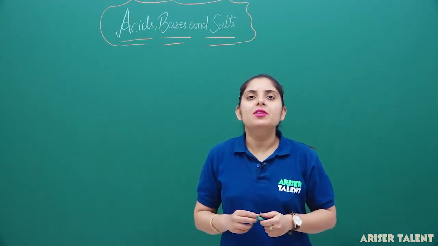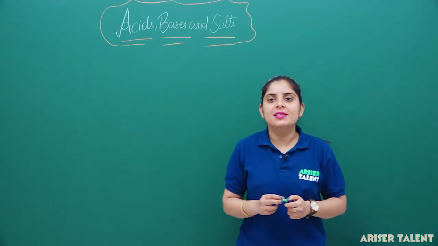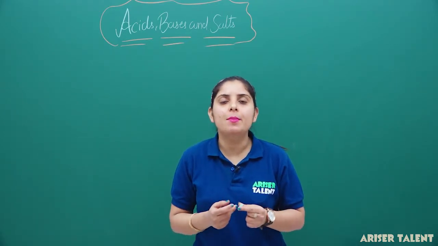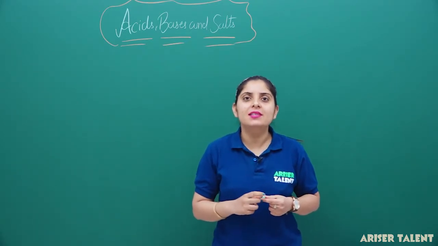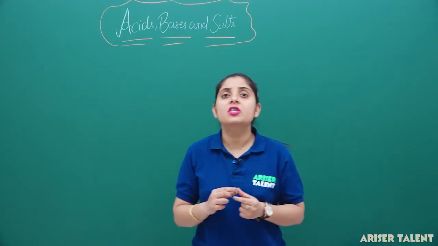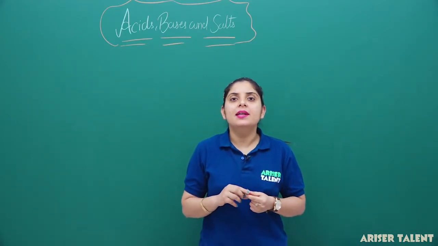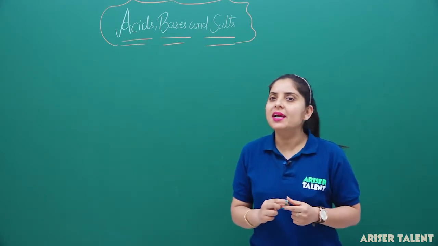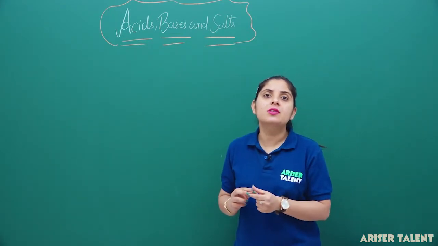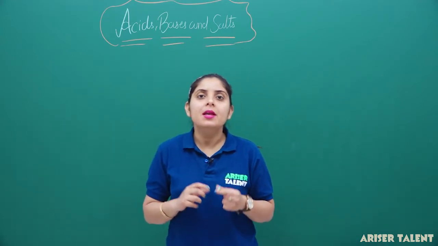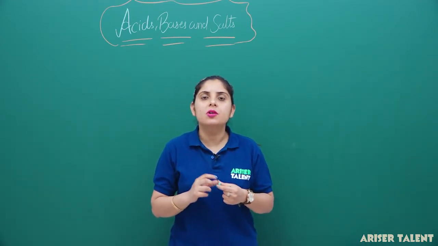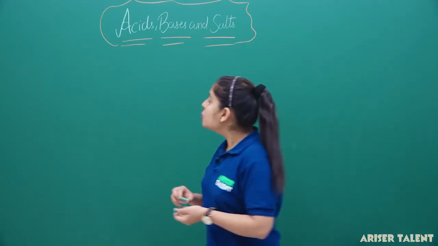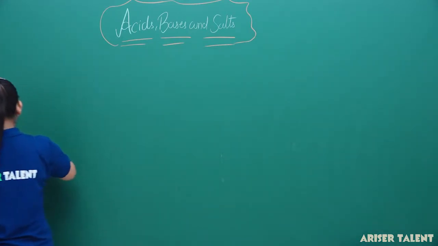So, we are on the second chapter of the chemistry class 10, that is acids, bases and salts. Until now we have discussed the theories of acids. That was the topic of discussion in our last session, that is, what are the theories related to the acid base concept. So basically we have dealt with the Arrhenius concept and the Bronsted-Lowry concept. Now we are proceeding to our third concept, that is the Lewis theory of acids and bases. So in the theory of acids and bases,